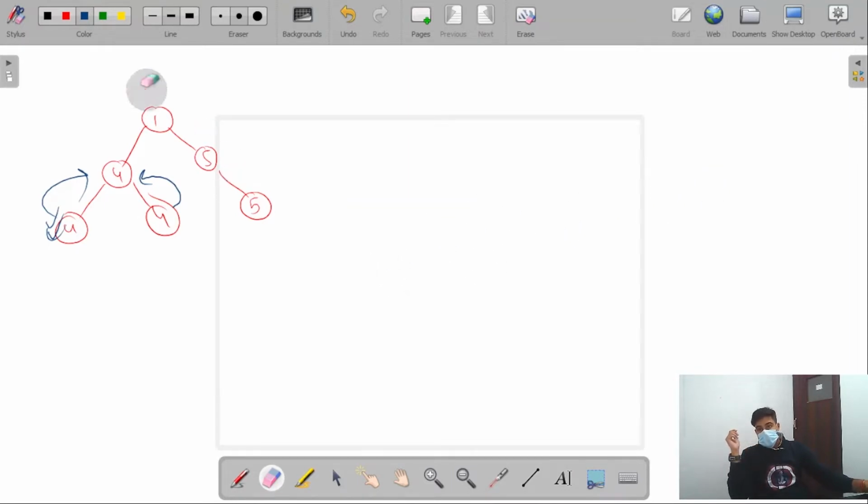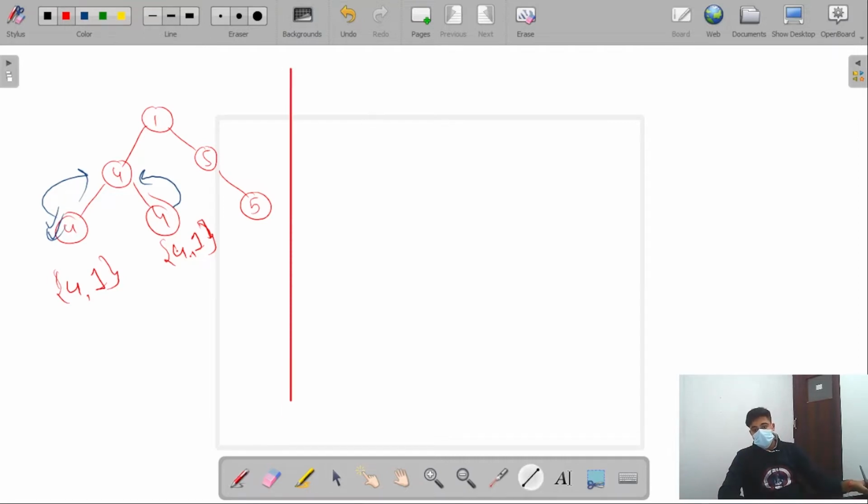So this 4 will return something like this. Its node value is 4, but the longest path that exists till now is 1, just because this node is including itself, nothing else. Similarly, this node also returns 4 and 1, just because it is including itself, nothing else. The moment this information reaches this 4, there are some cases that arise. There are some options for this node.